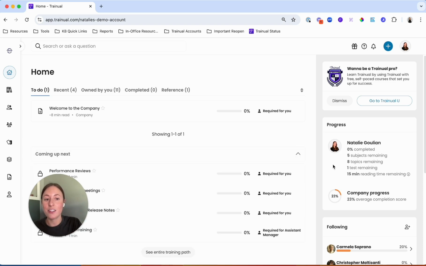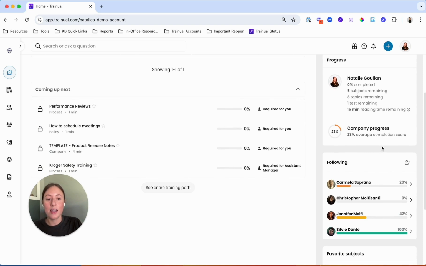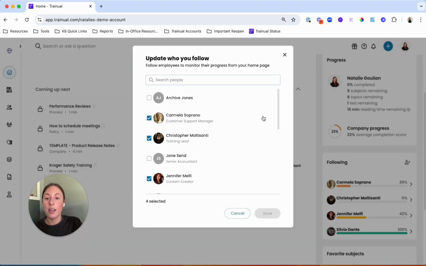All you need to do is check out the left-hand side of your page. So go ahead and scroll down until you see this following section over here on the right-hand side of your home page. What you'll need to do is simply click the Add button here, and here you'll see a modal pop up. Something to note, if you're an admin, you will be able to see all of the users in your organization populate in this list, and if you're a group manager, you will only see the users who